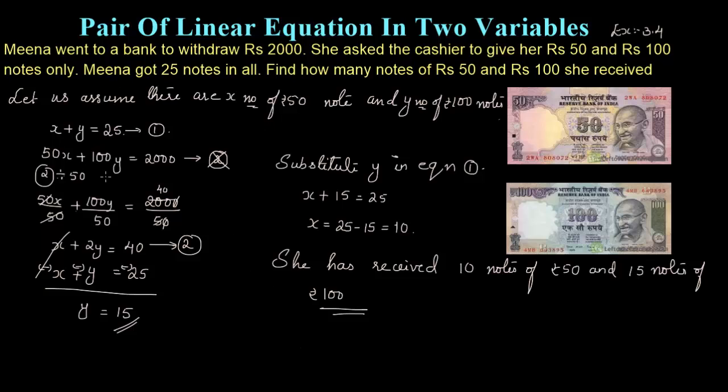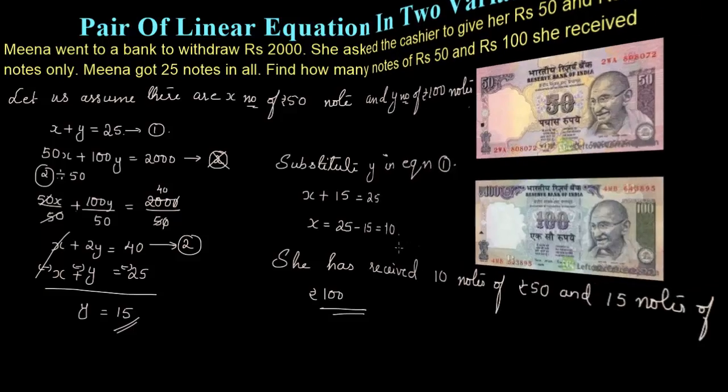First you need to get the equation, and if the numbers are very big and all the terms of the equation are getting cancelled with some number, then only you should try. Otherwise, if one number is cancelling and the other number is not cancelling, then you will have an equation with a fraction. So don't do that. But because here every number was getting cancelled with 50, I just did that. Or if you want, you can just keep it as it is and solve it. That is also well and good.